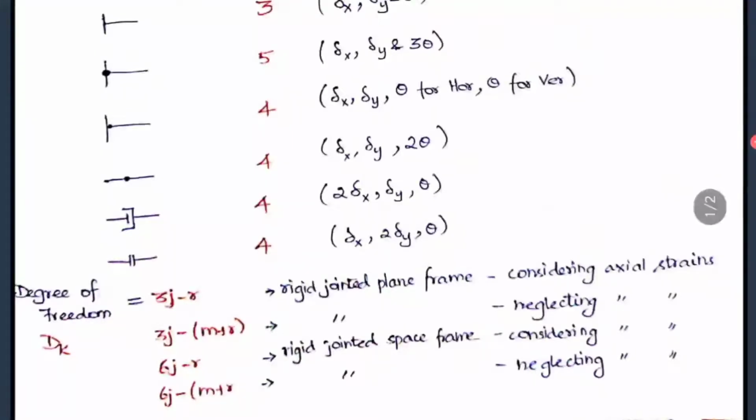So these are the formulas for rigid jointed plane and space frames. For pin jointed you will see a separate formula. Here you may wonder where the degree of freedom is coming in, since only j, r and m are there, that is joints, members and reactions. So you may think this is similar to static indeterminacy, but this is a separate formula. This is the formula method, and you can also find the degree of freedom directly from the structure. For that purpose we need to know all the values above. When you see the problems with examples you will be very clear with the idea.